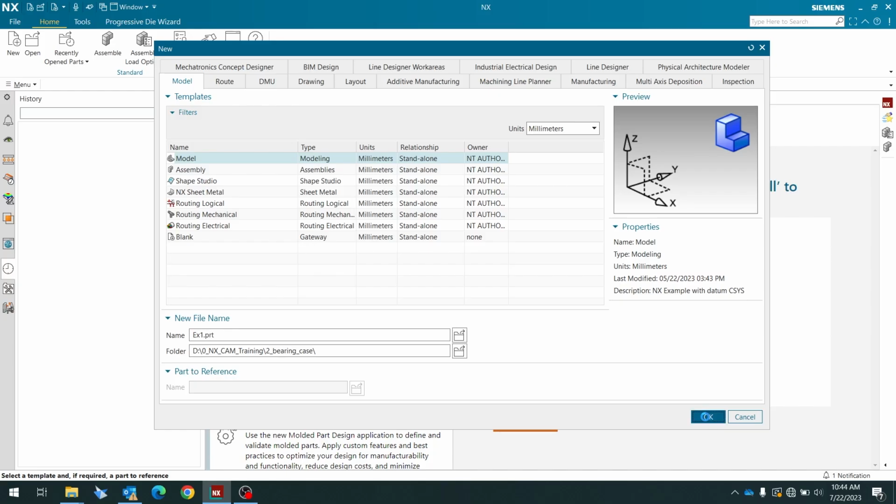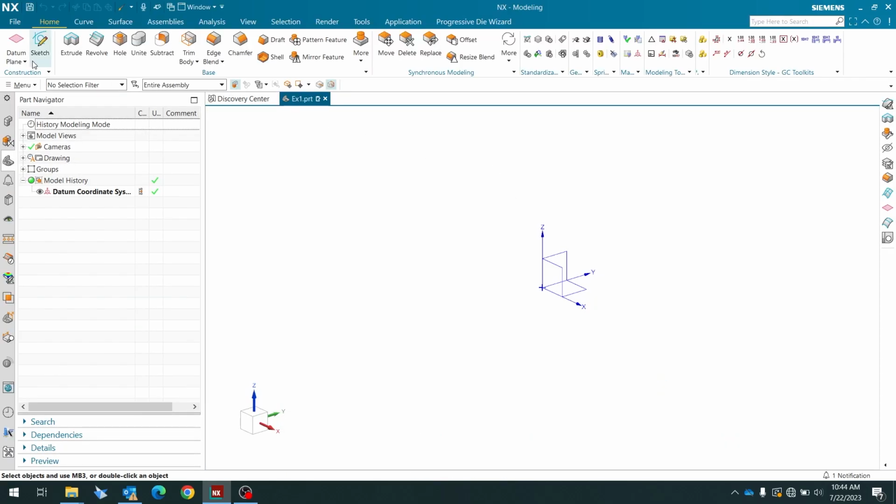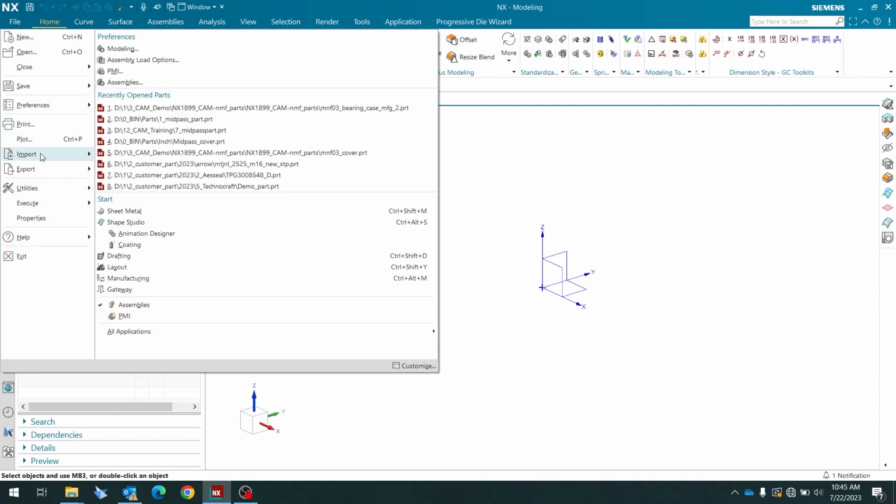Say OK. Now we are in millimeter. Again, if you directly open, then it may come to inches or mm. If you want a specific unit, then go to this New file, create a new file. When you enter into Modeling, then go for File, Import,